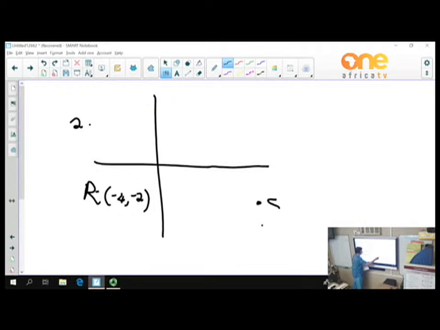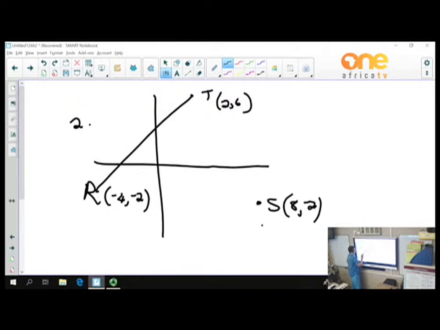And then the last one is T, which is 2, 6. So here is your triangle. Okay. And now they say, find the perimeter and the area. Now the perimeter means I need all three sides, and the area